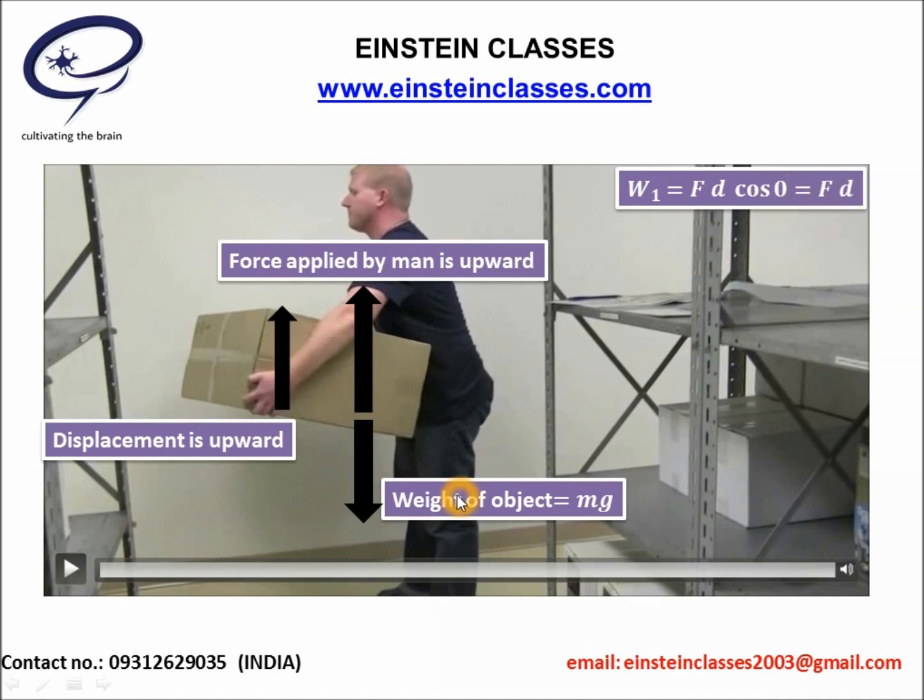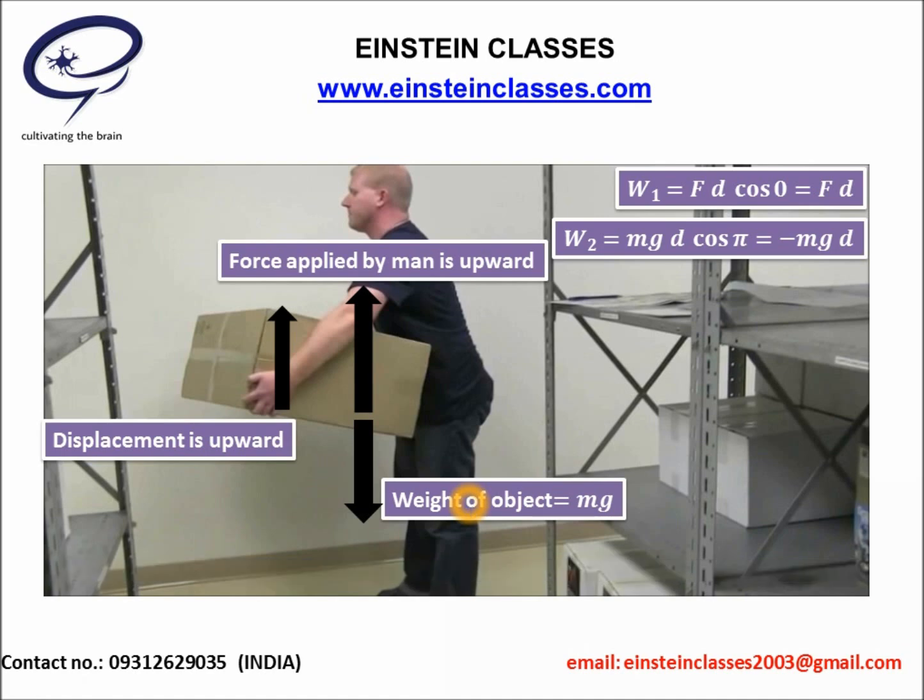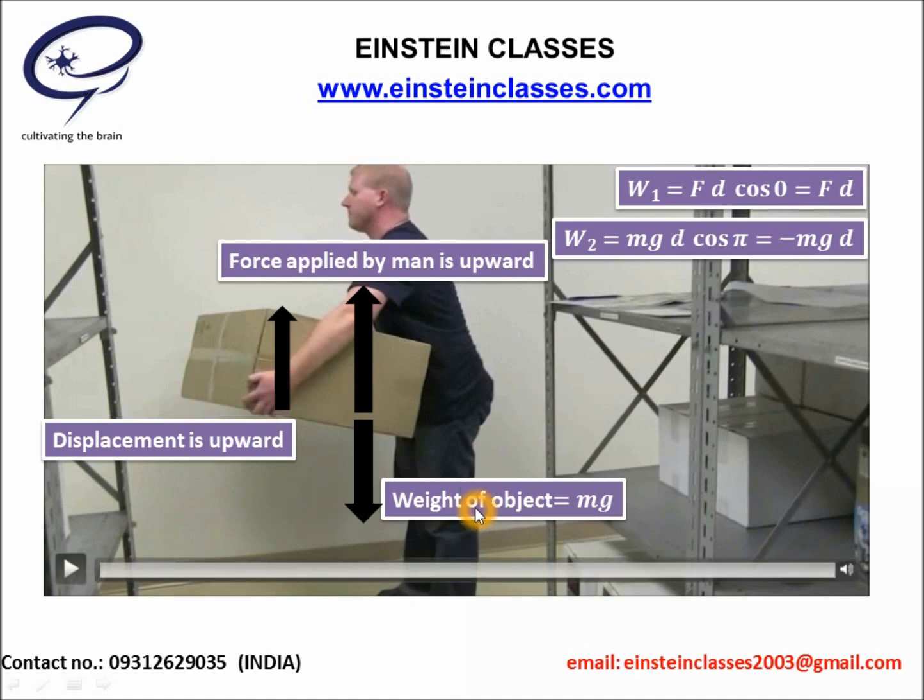Now the next one is the work done by the weight mg. The work done by weight mg, which we take as W2, will be given by the force mg, into the magnitude of displacement d, into cos pi. Pi is the angle between the force and displacement, right? The displacement is vertical upward and the weight mg is directed downward. Hence the angle between mg and d is pi. That's why mgd cos pi will be the work done by weight mg. As the value of cos pi is -1, the work done W2 by mg is given as minus mgd.